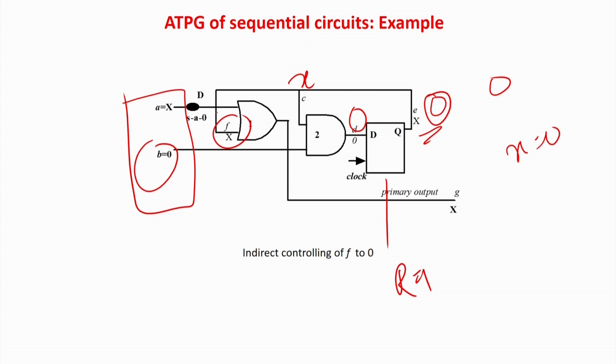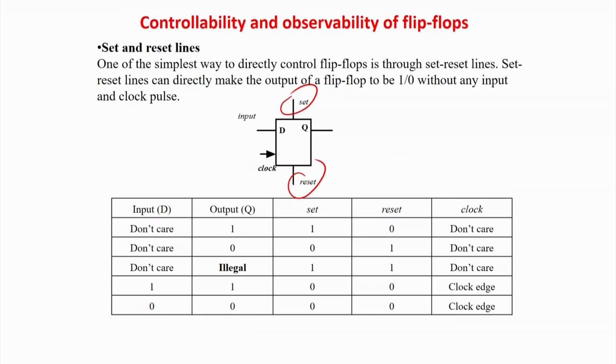Like in this case you require it to be 0, so directly you can set the reset line. If there is some flip flop whose output has to be made 1, you can make the set line equal to 1. So basically we will go by this architecture. That is, we have a set and a reset line. So, when you directly control the set and reset lines, basically the inputs are don't care and you directly get